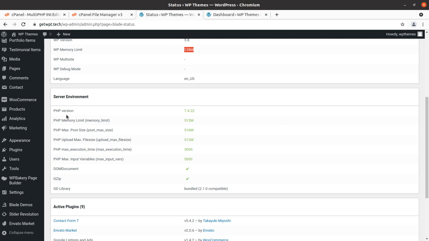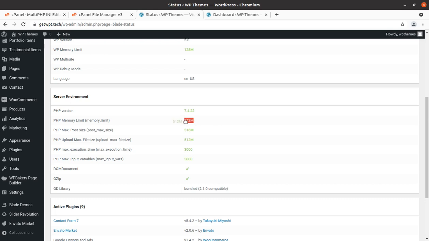This is a different setting, and this is the server environment, and you have to take care, both are different settings. If we have a low PHP memory limit, our website performance depends on this as well.